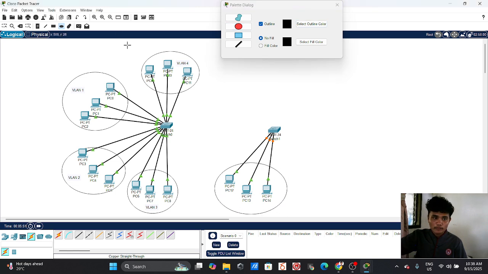This is our VLAN 1 for switch 2. The next is VLAN 2.